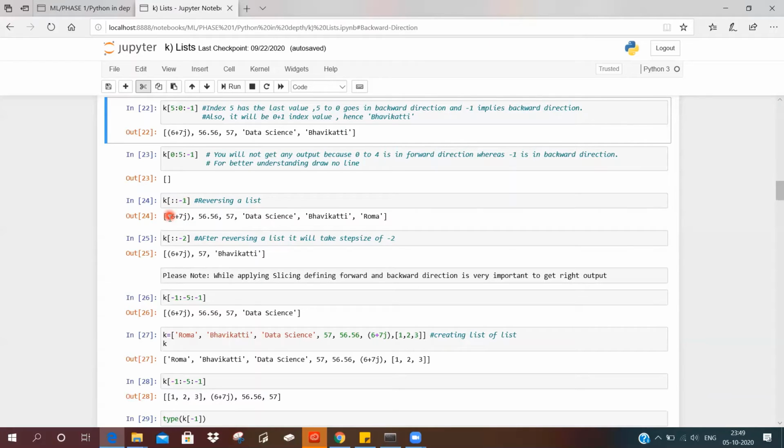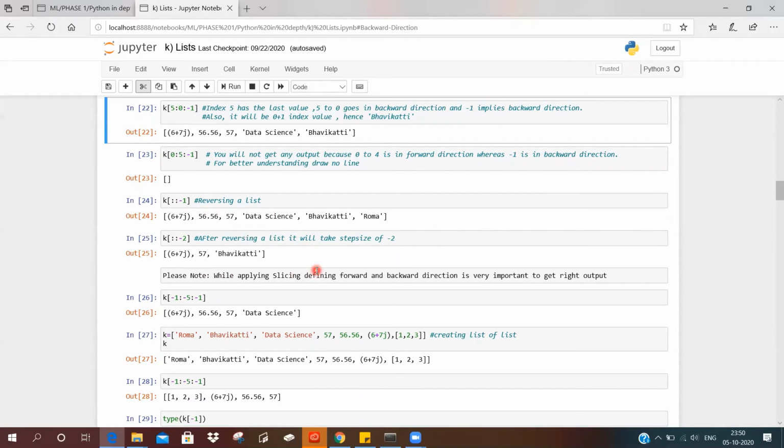Hence, it starts from 6 plus 7j and ends till Roma. Minus 2 simply means the step size over here is in negative direction. So, it will print 6 plus 7j. It skips this 57. It skips this Bhavikati.